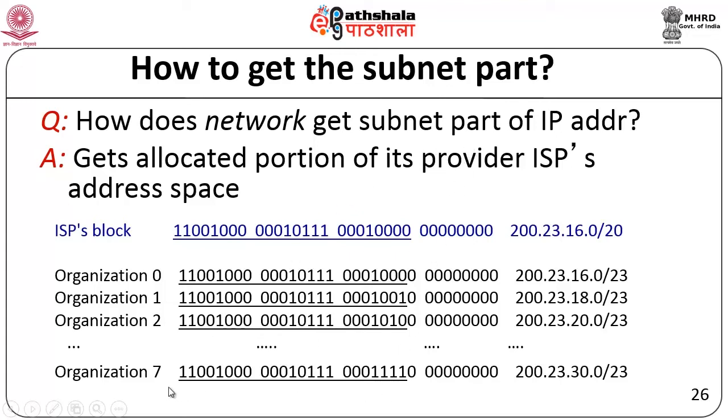So you can see the different subnet addresses that we have here. These will be the subnet addresses that are specified along with the mask value. You have a block of addresses, and this block is divided into these different organizations' addresses. These subnet addresses can be specified when you send out the DHCP response. So if a node were to ask for a subnet mask, it will get the subnet mask based on which part of the address space has been allocated to it.